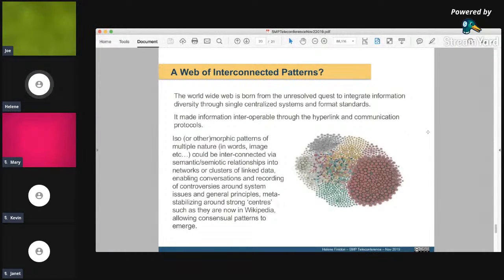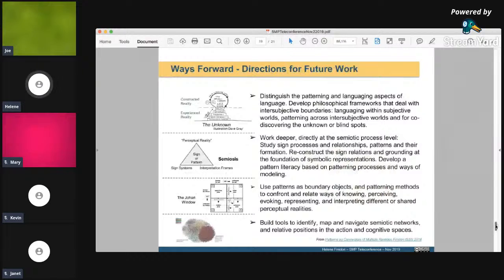That's why I wrote other morphic, other types of morphism, patterns of different nature, so that we could navigate these networks or clusters of linked data in order to support conversations and eventually have consensual patterns or languages that emerge. So here I am, a little bit longer than the 20 minutes I had anticipated, but now we can